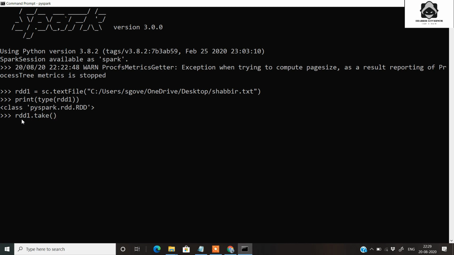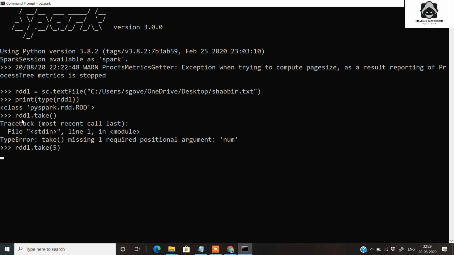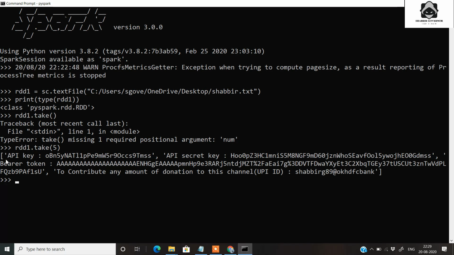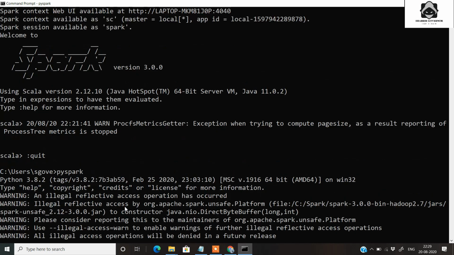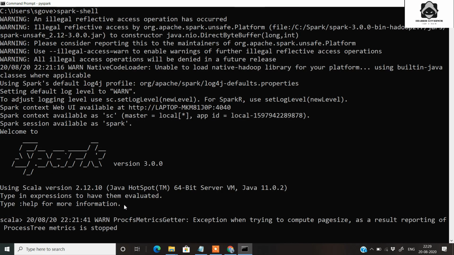This is also a function of the RDD class, which you can find in the documentation, to see the contents of your RDDs. You can see here the content of our RDD that was stored in memory, and it is running properly. That means that our Spark installation in Scala and Python, that is PySpark, has been successful.